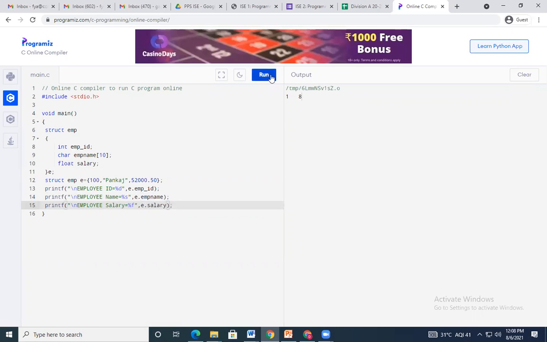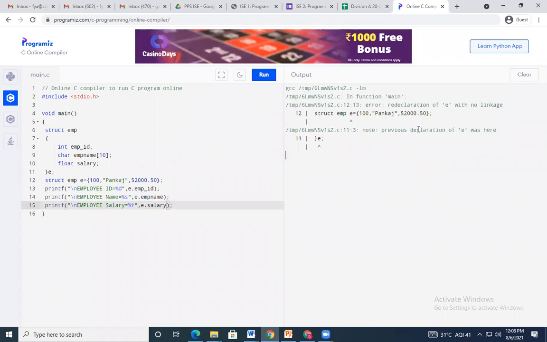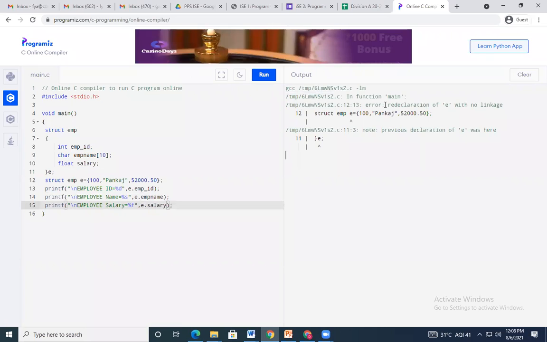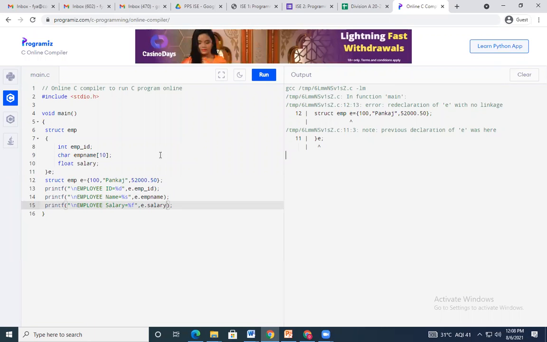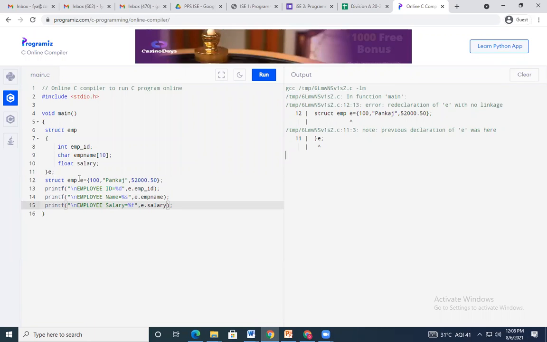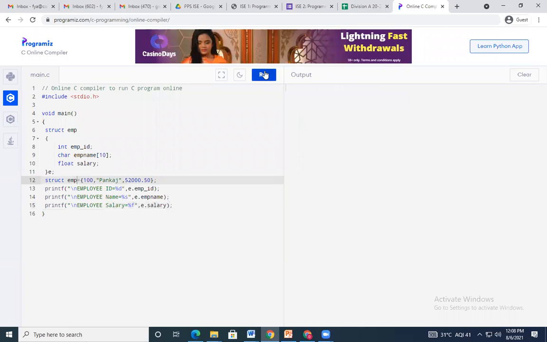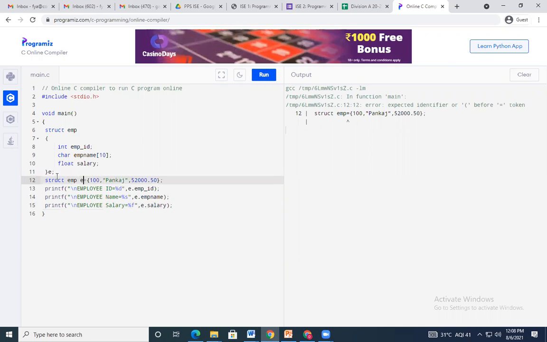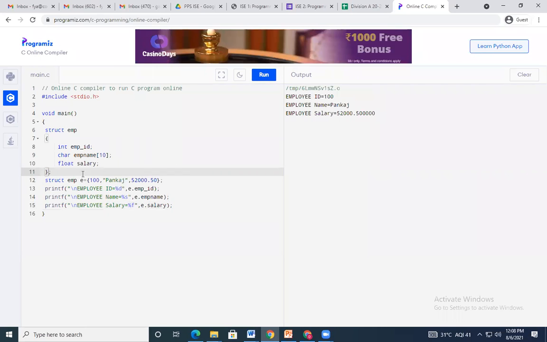Okay, if you run the program now, check. Okay, the error is what? Redeclaration of e. Sorry, I will declare it here only. Redeclaration म्हणजेच काय की double declaration झालं होतं.